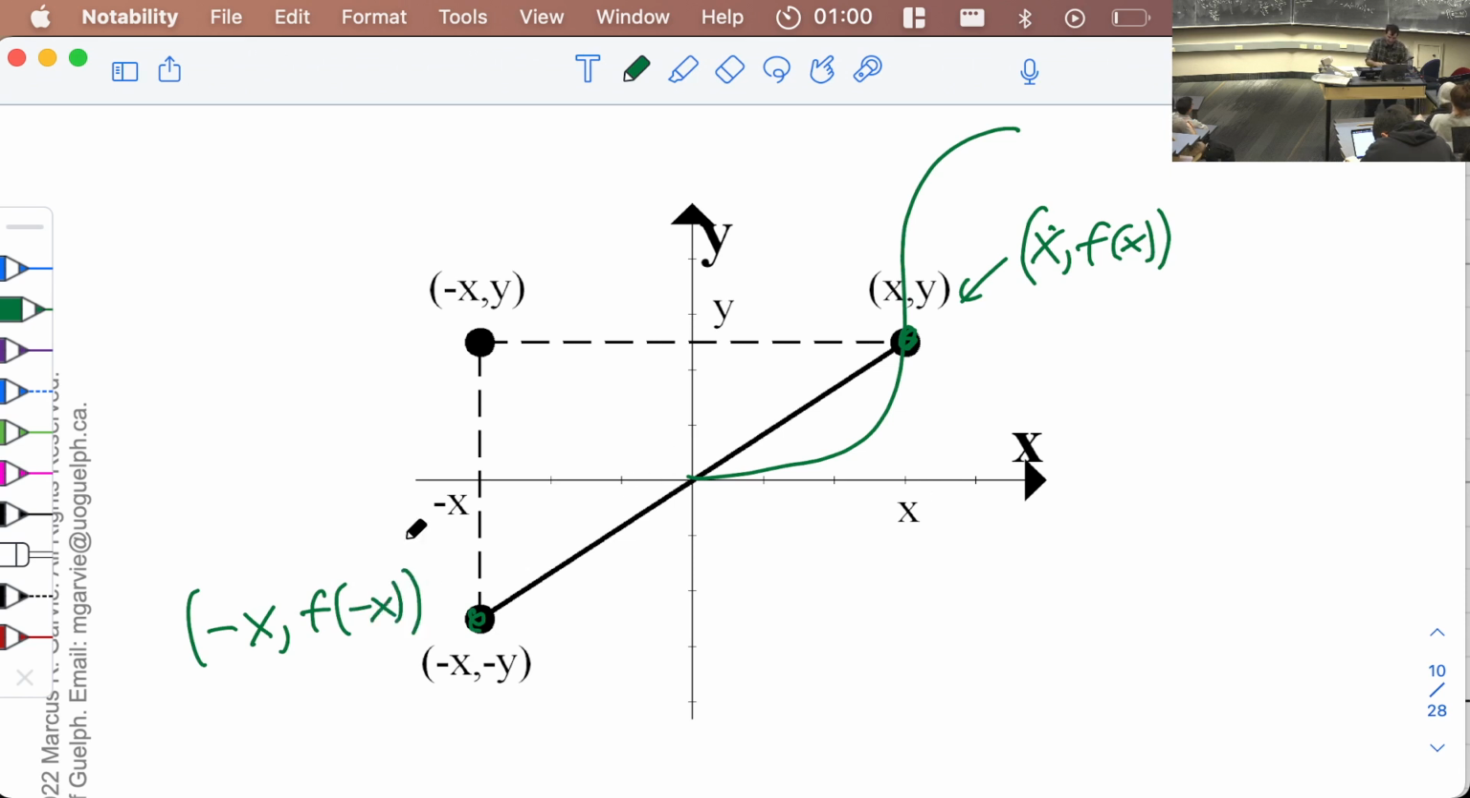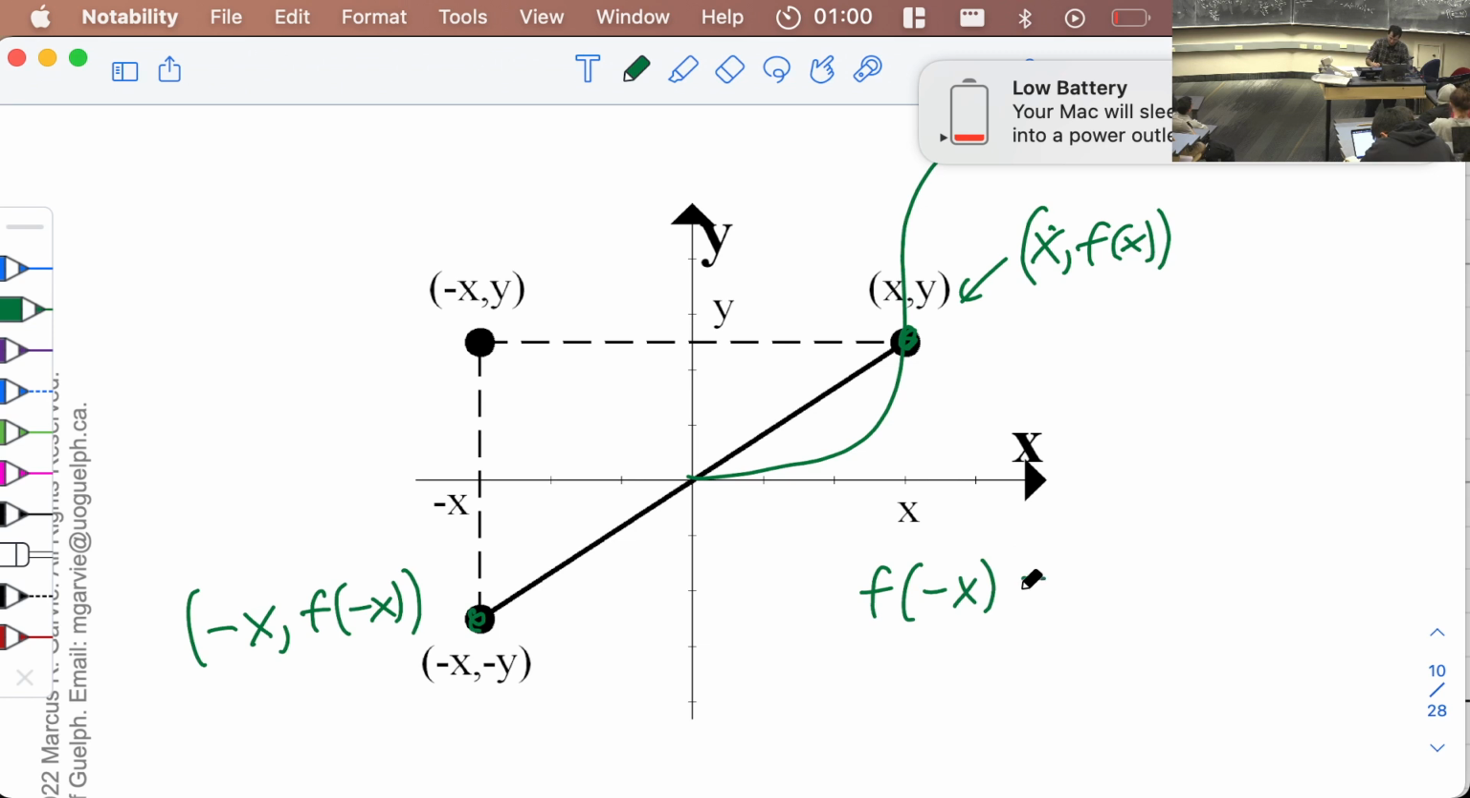And so saying that f of x equals, what am I trying to do? I'm trying to do f of minus x, okay. Saying that f of negative x, oh no, we're running out of time, guys. Saying f of minus x is negative f of x is the same thing as saying